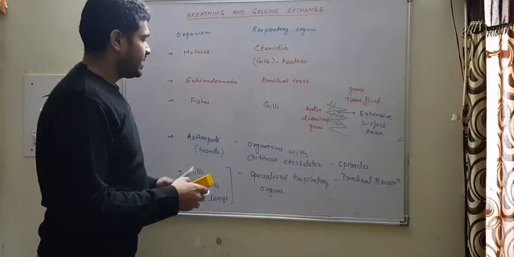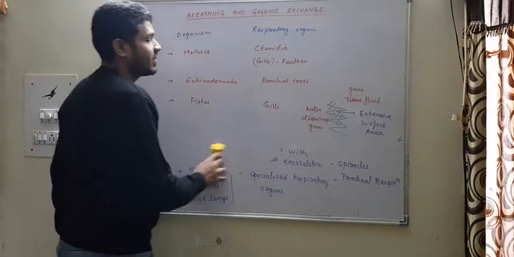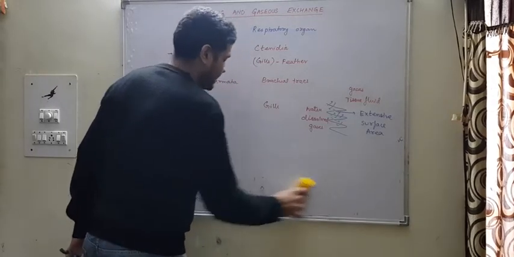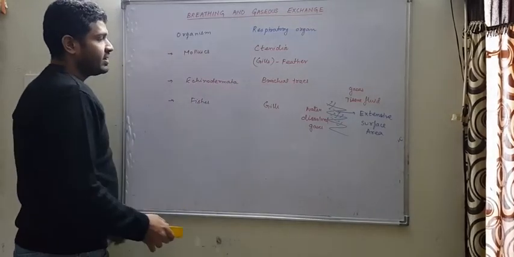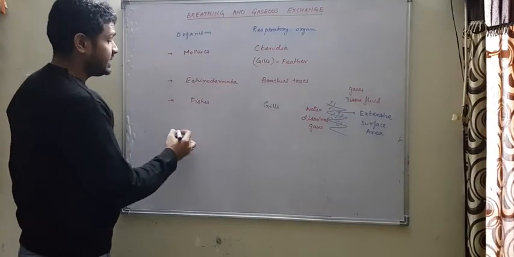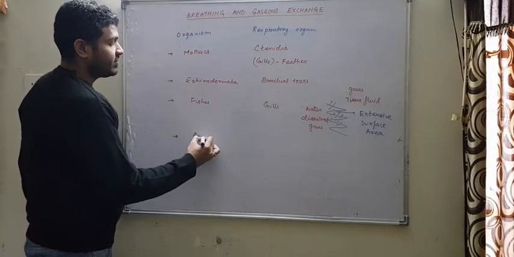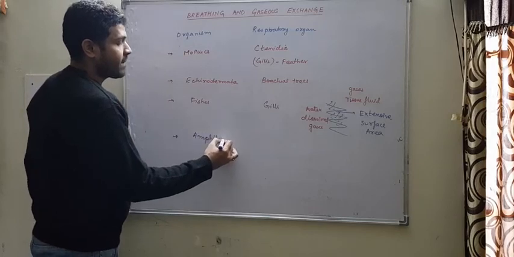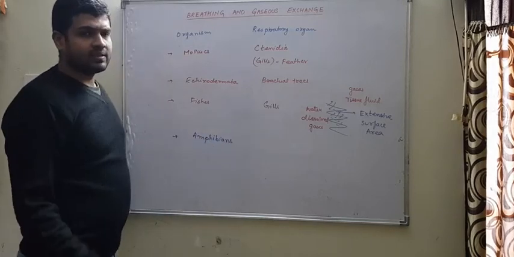After gills, we have forms which can live on water as well as land. They are amphibians. For example,